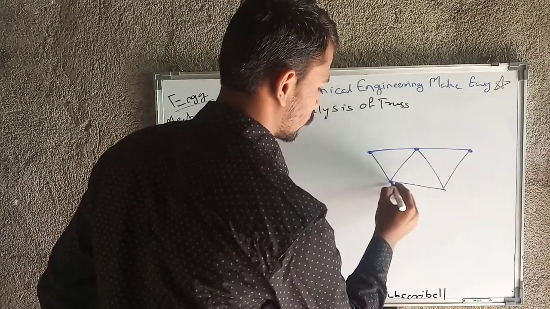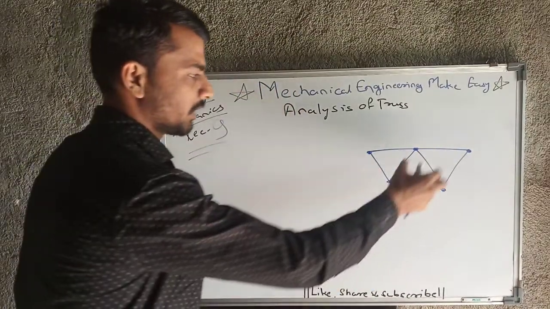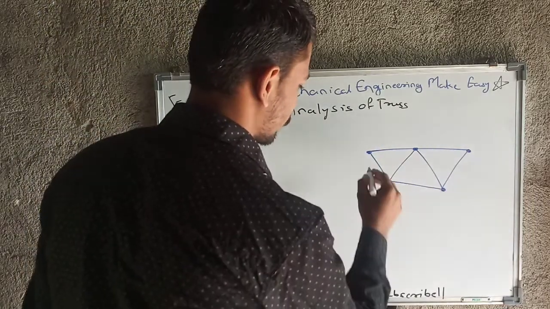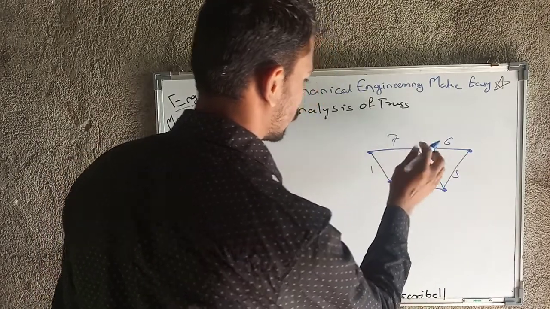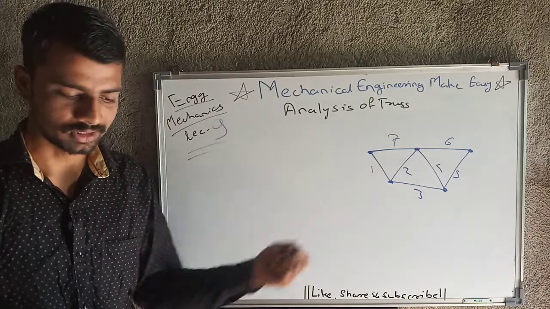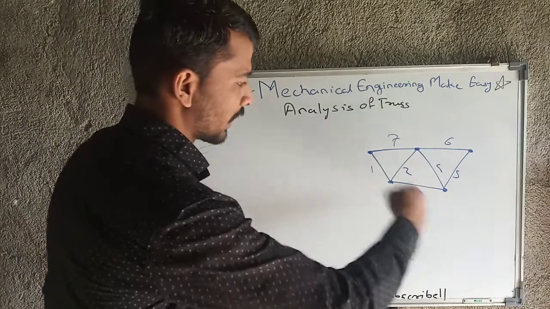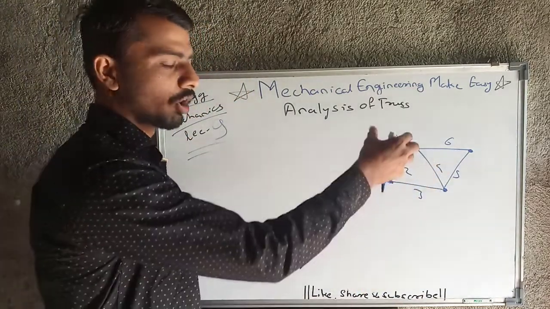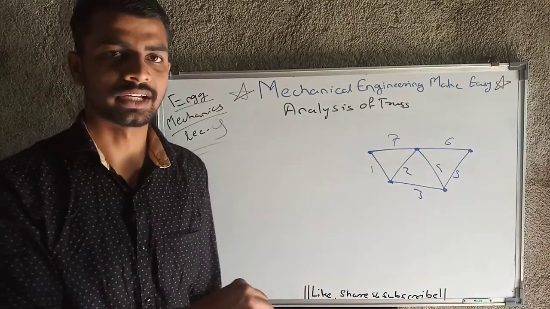As I gave you an idea in the previous lecture, the truss has elements joined with pin joints. So these are pin joints there. These are members 1, 2, 3, 4, 5, 6 and 7, total 7 elements, and this is the simplest form of truss we can say. So the calculation of forces on members. As these 7 members are there, we are going to calculate all the forces which are acting on these 7 members, that may be compressive force, etc.